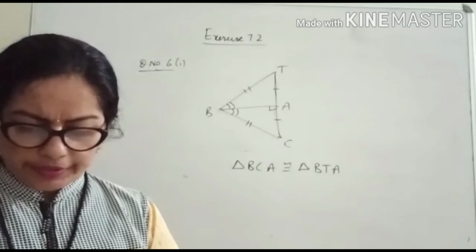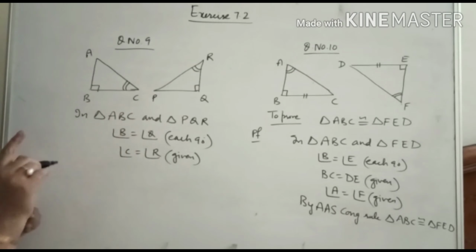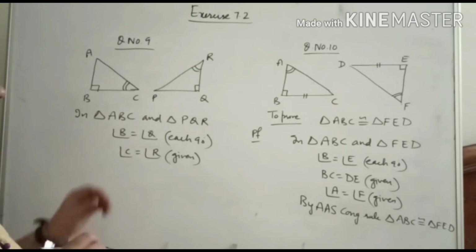We will do question number 9. These are two triangles ABC and PQR, and these triangles are congruent. Name one additional pair of corresponding parts and what criteria did you use? Here two things are given to us. In these two triangles, see here also two marks are there, here also two marks are there. Means this angle and this angle measure are the same. And this angle is of 90 degrees, this angle is also of 90 degrees. So two angles of this triangle are equal to two angles of this triangle. And he is saying what should be one more pair so that the triangles are congruent.